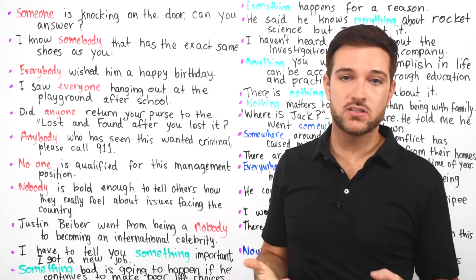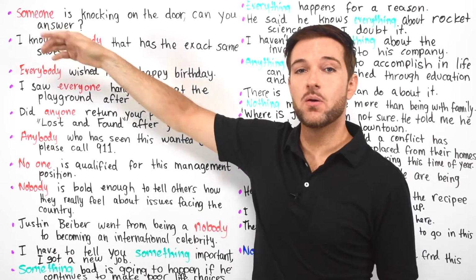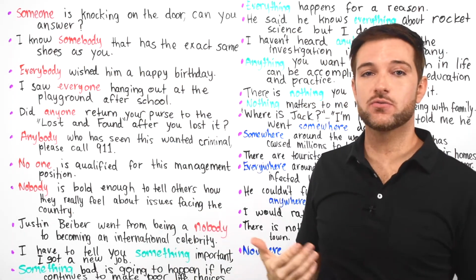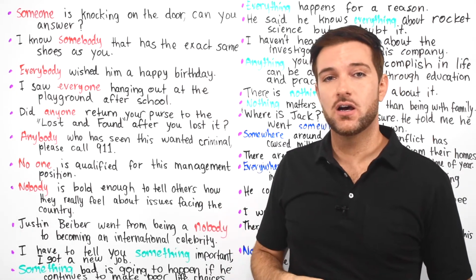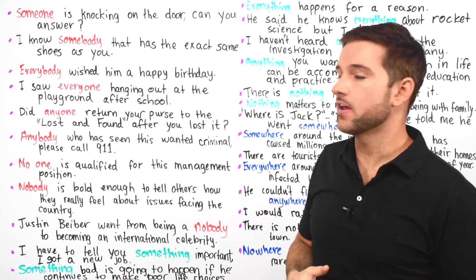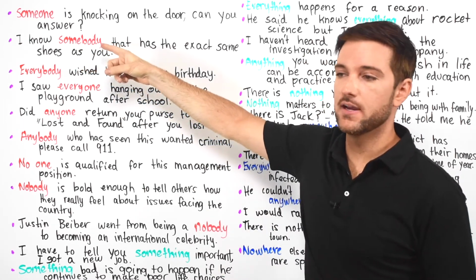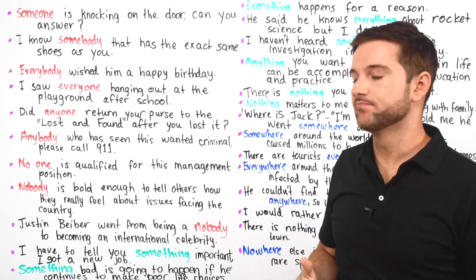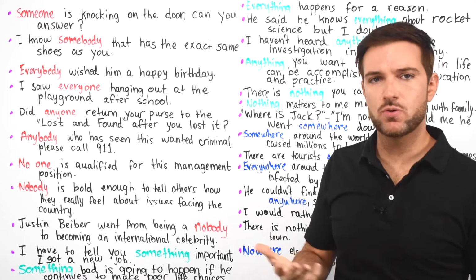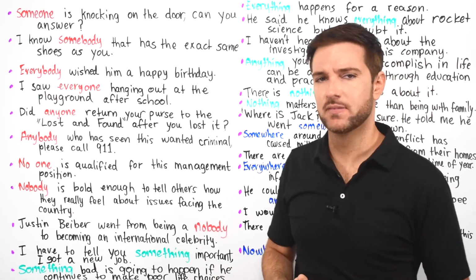But generally speaking, using the ending one is considered more formal. So you'll see it written in important documents, you'll hear it on the news, and you'll hear it much more often than the other form, body. We use body more informally, when we're talking to friends or something. Someone, somebody, you can use whatever you want. They're both used. We use them all the time.